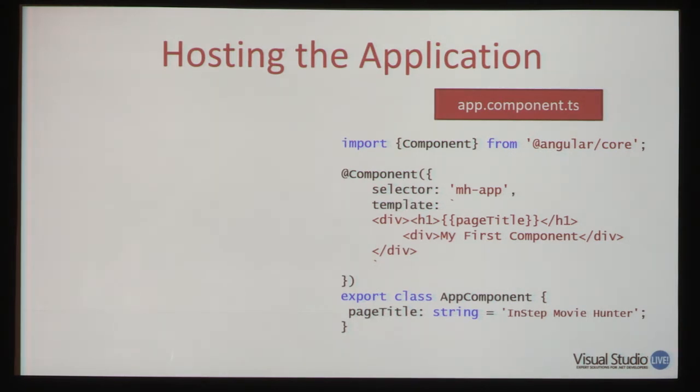John Papa, if you've heard of him, did a really nice style guide for Angular 1 and is well known for that. He is currently leading the effort to build the style guide for Angular 2. The style guide as it is right now is part of the Angular 2 documentation, because he's also on the Angular 2 documentation team for Google. And so we are all putting his style guide in as part of the Angular I/O website.